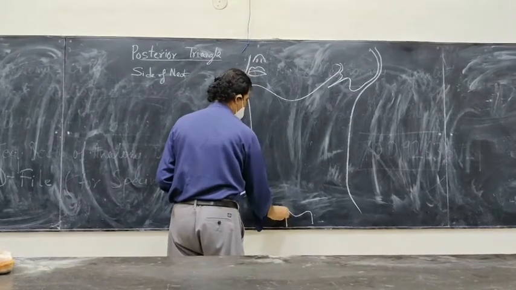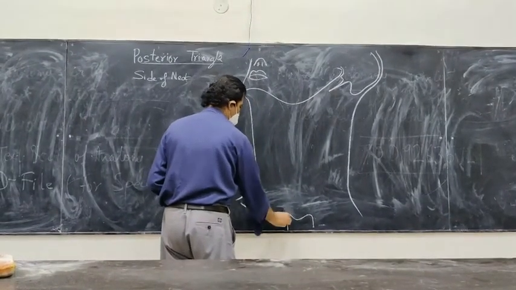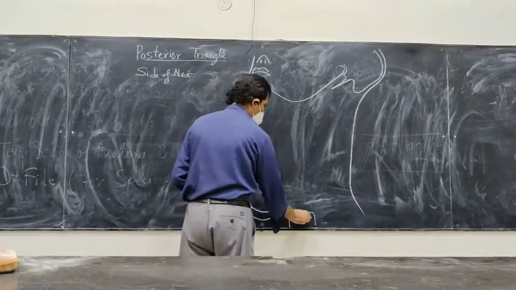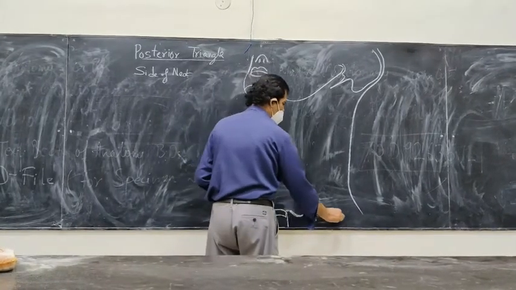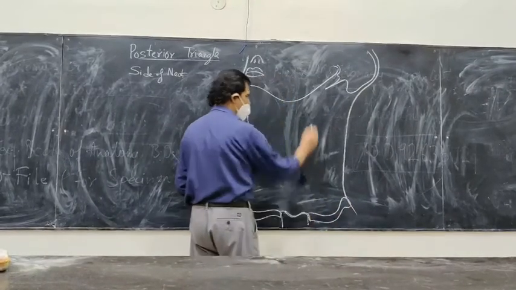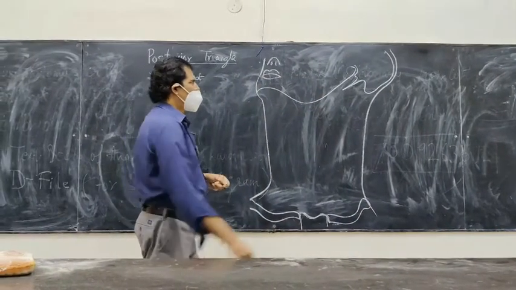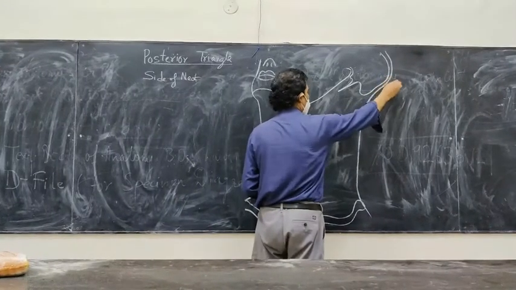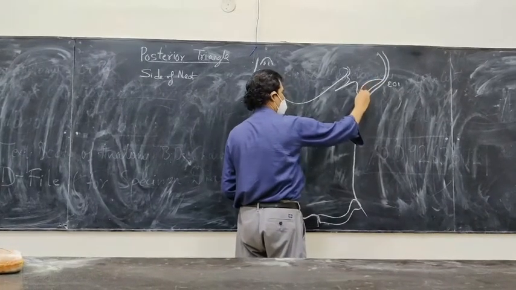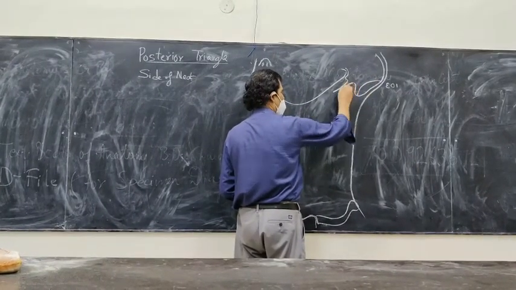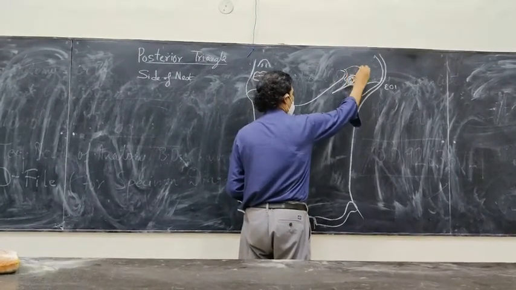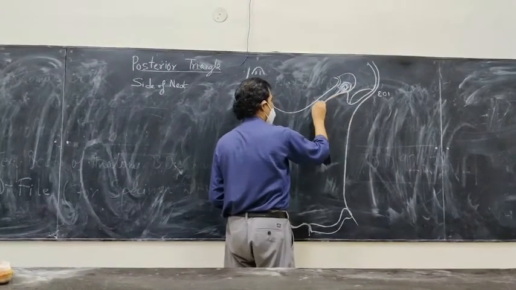We know where the neck ends, the thorax starts. The neck ends at the upper border of the sternal notch and the clavicle. So this is the start of the thorax and the end of the neck region. This is the external occipital protuberance. From here the superior nuchal line comes up to the mastoid process. This is the styloid process, and here lies the external acoustic meatus, on which the external ear is present,